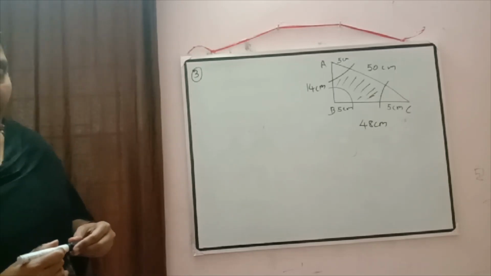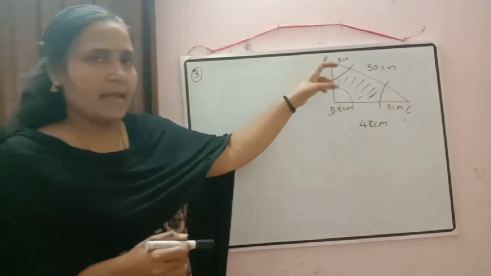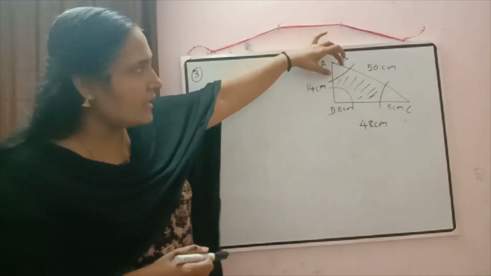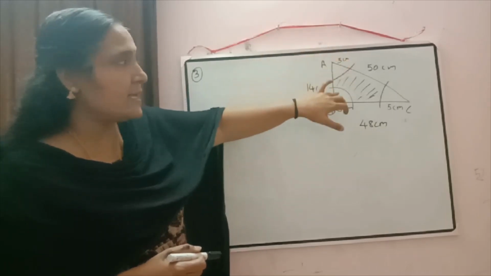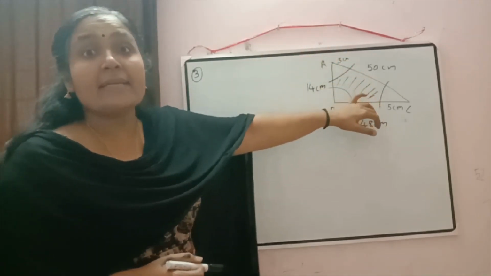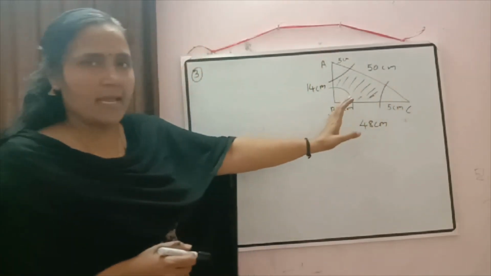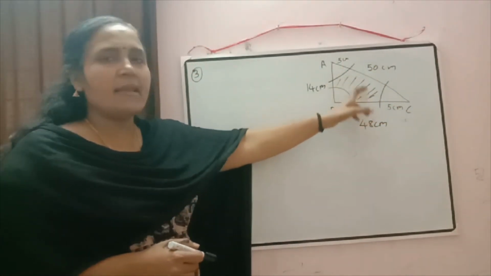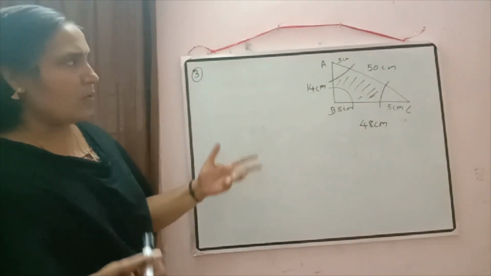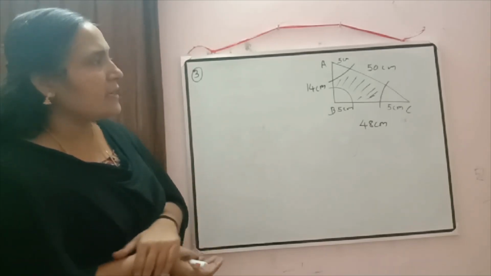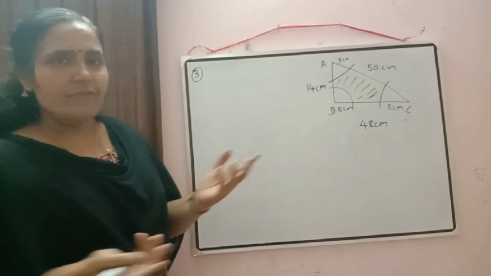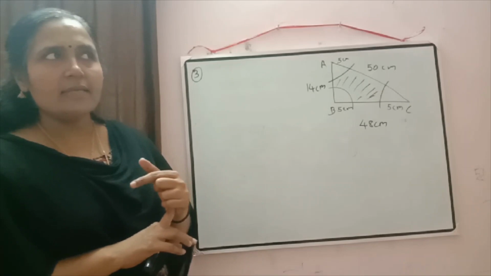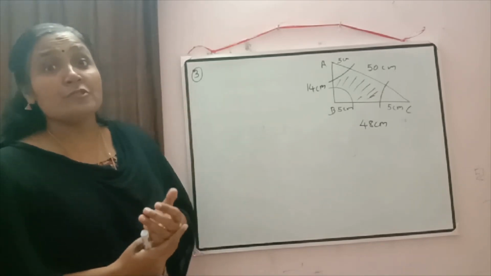Yes. From the area of triangle, if we subtract the area of these three arcs we have drawn there, what are these areas called? Yes, they all are sectors. So from the area of triangle, if I subtract the area of these three sectors, we will get the area of shaded region. Now, how to calculate the area of the triangle? We have two formulas. One is half into base into height, and the other one is Heron's formula.